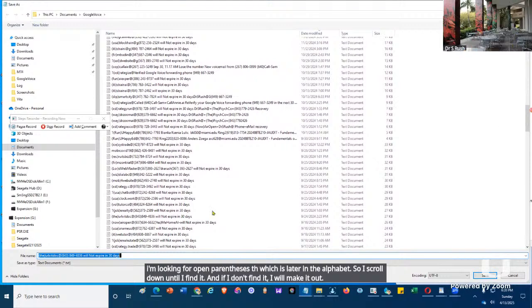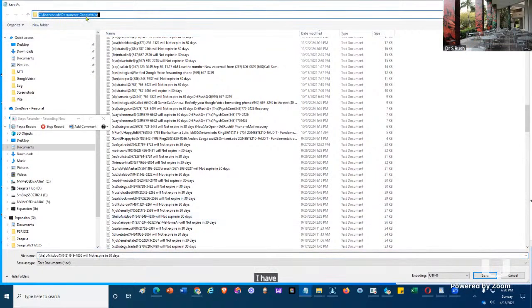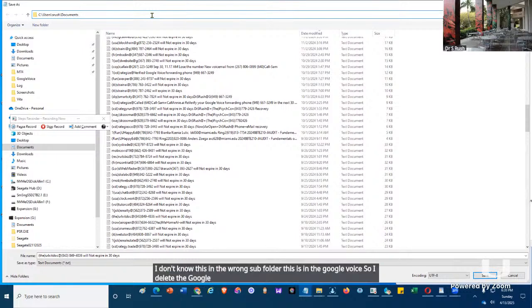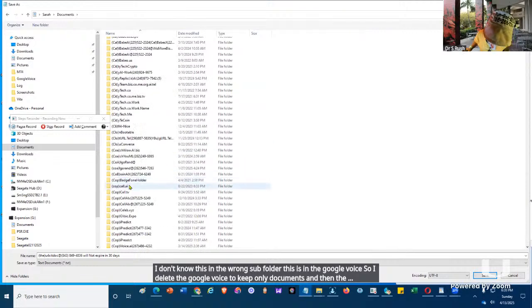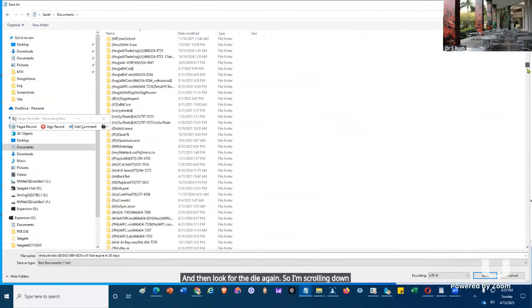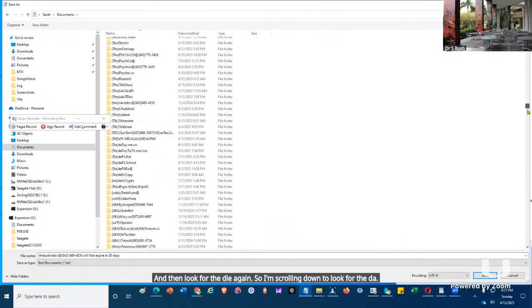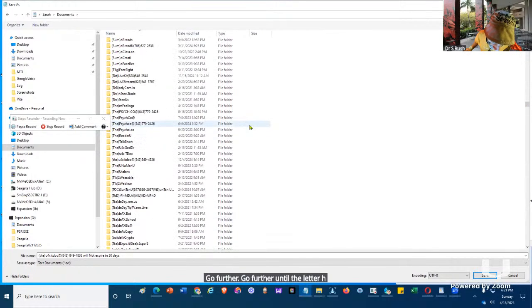And here I found it. I found the file here, but this is not what I'm looking for. No, this is in the wrong subfolder. This is in the Google Voice. So I delete the Google Voice to keep only the documents, and then repeat it, and then look for the DA again. So I'm scrolling down to look for the DA. Go further. I go further until the letter T, and I went too far. Here is the T's right here,